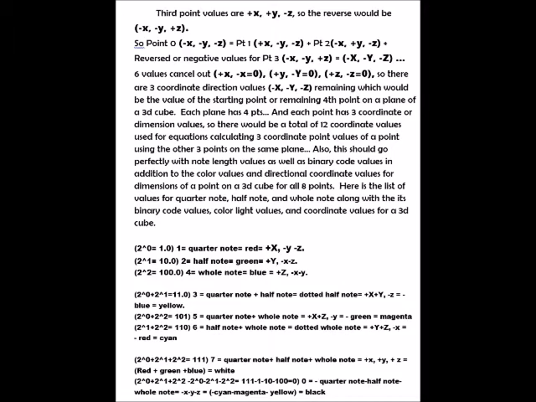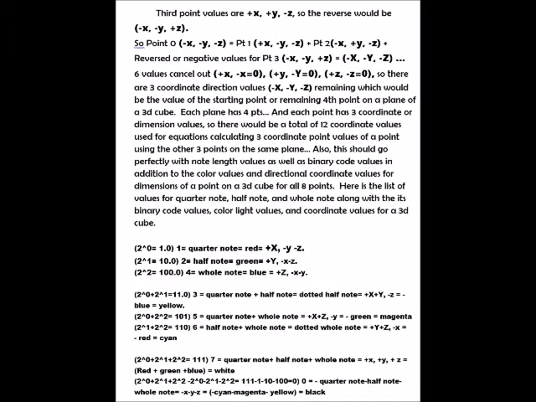on the same plane. Also, this should go perfectly with note length values, as well as binary code values, in addition to the color values and directional coordinate values for a dimension of a point on a 3D cube for all 8 points. Here is the list of values for quarter note, half note, and whole note, along with its binary code values, color light values, and coordinate values for a 3D cube. As you can see here,